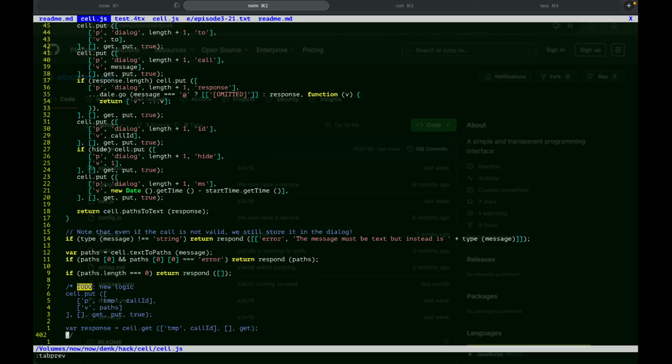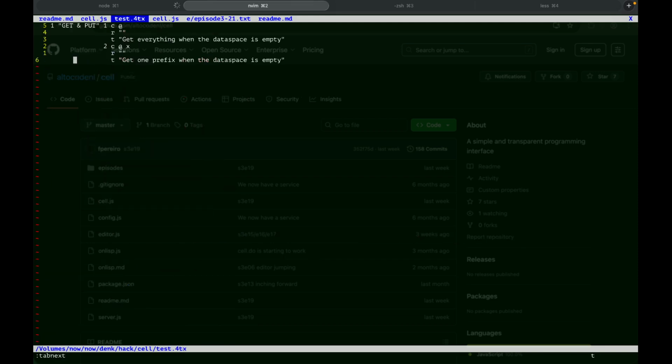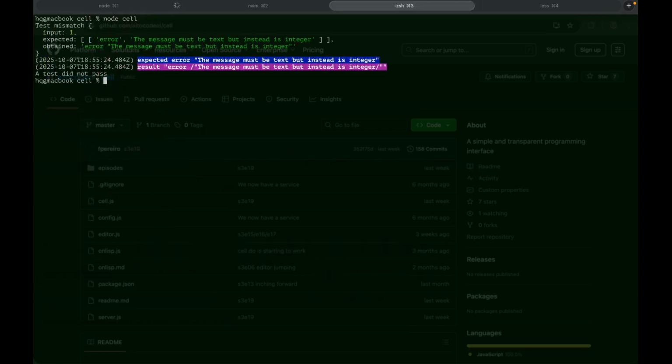Yes, in the respond. Yeah, do path to text here, exactly. So that change, let's try to keep. So if I did that change,